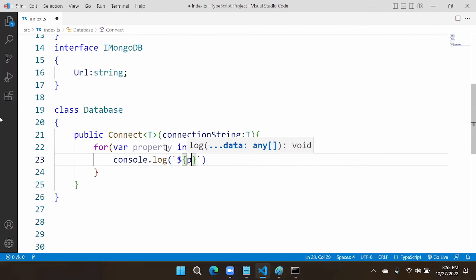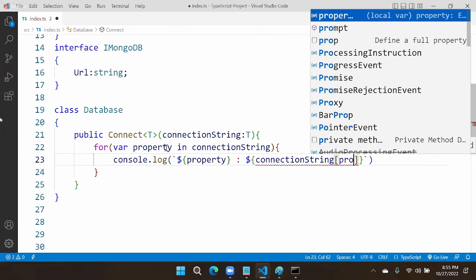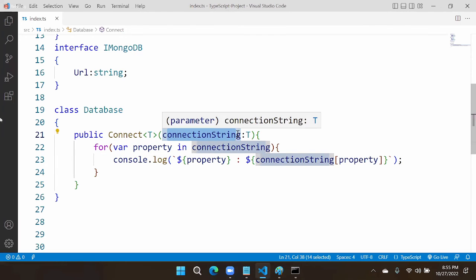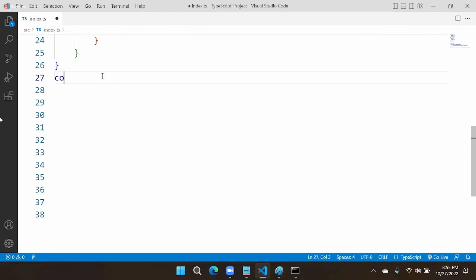We are printing with console.log every property and its value. Value, how to print? We have to get the connection string's property. That means we are printing all the details passed in the connection string. Whatever details are passed in the connection string, we are printing it. That is the concept we are using here. Now let's create an object here. So console.log, I am here connecting